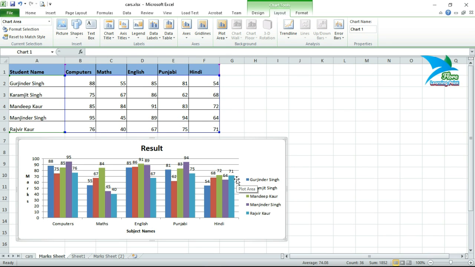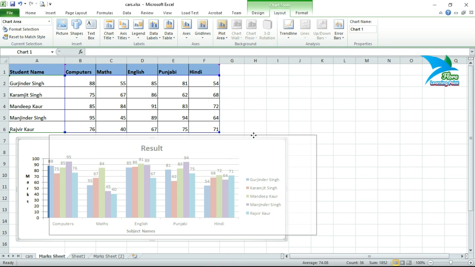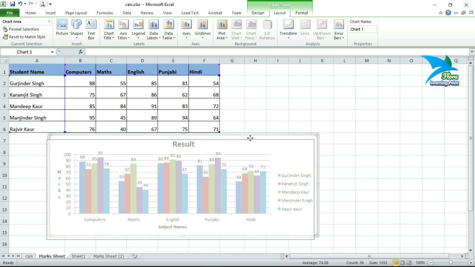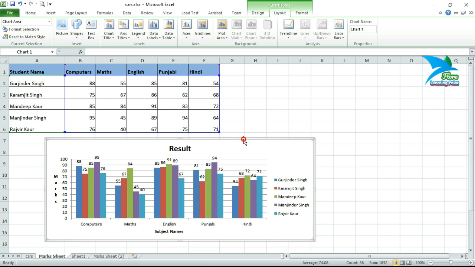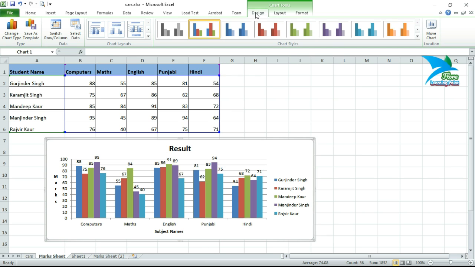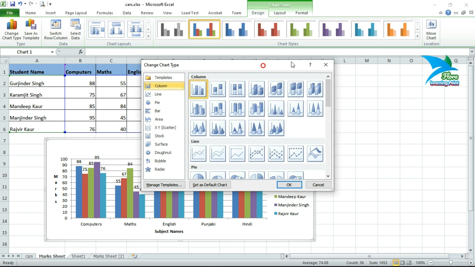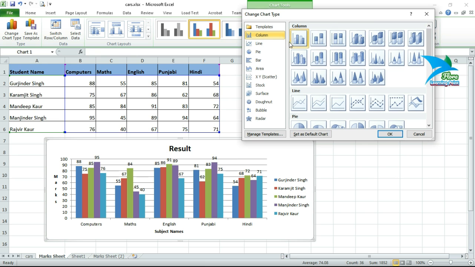So after creation of the chart, you can also change the type of this chart, because we are presently working with a bar chart, that is the column chart, sorry. So we are presently working with a column chart. If you want to change the type of this chart, then select the chart and click on the design tab. Here we are having a type group, and chart type is here. When you click on this chart type button, it will show you all the types of a chart.